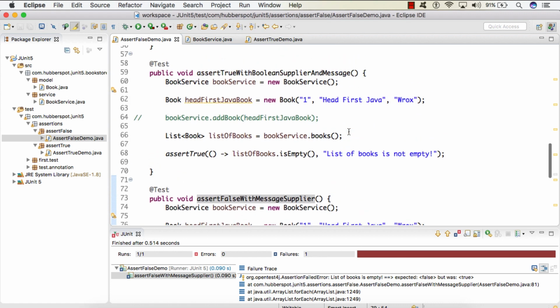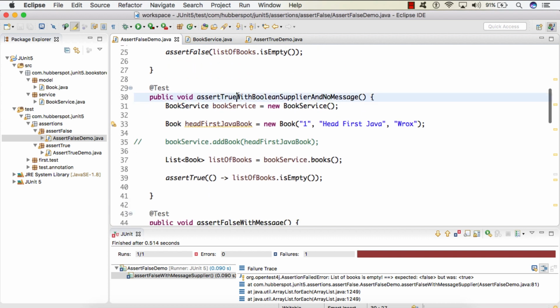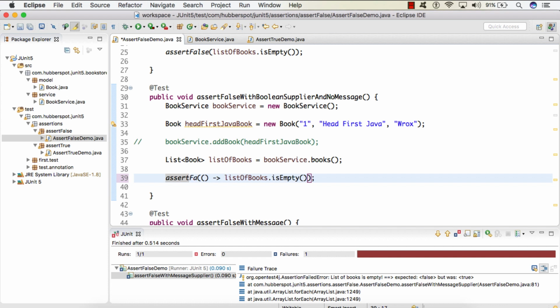Now let's see the fourth overloaded method, which is assert false with a boolean supplier and no message. So here this assert false, instead of taking a boolean value directly, it takes in a function interface which is nothing but a boolean supplier.